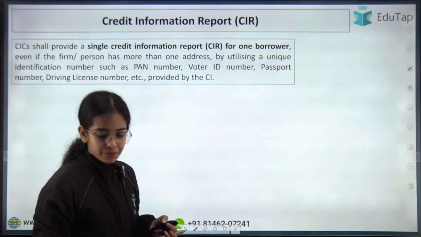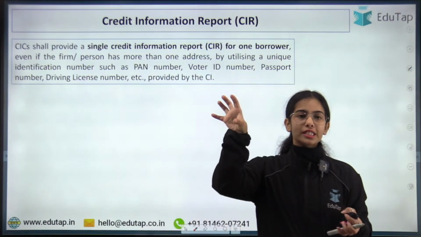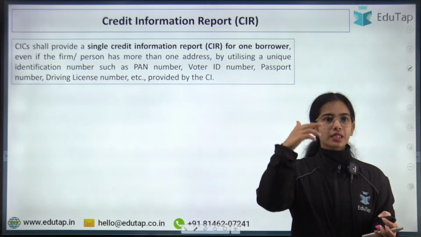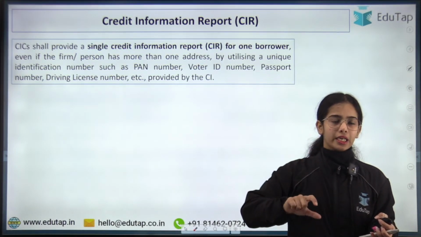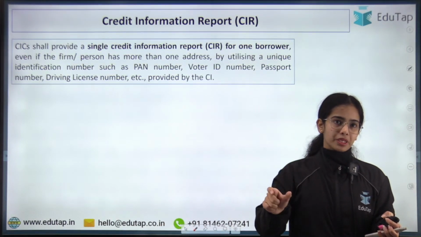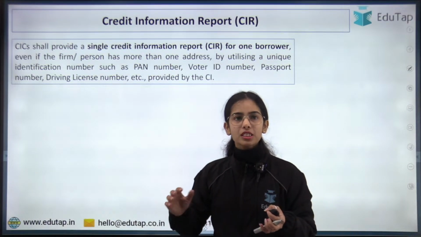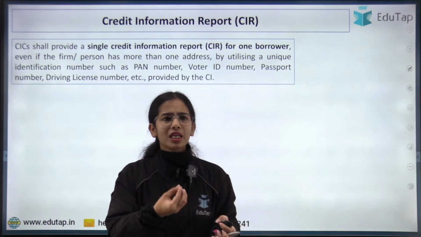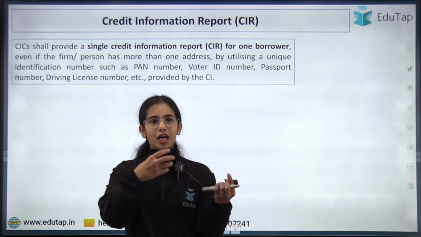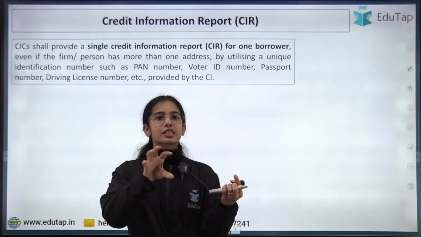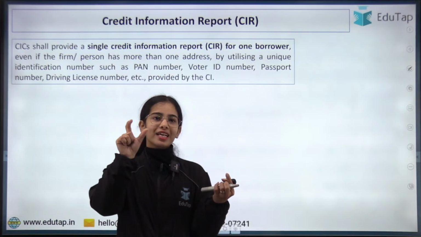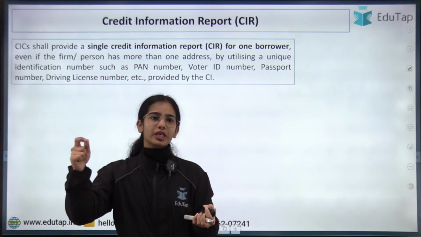No, see, Guru Raja, all the credit institutions are connected directly with the credit information companies. In between the credit information companies, there is no direct linkage, but all the credit institutions have to become members of the credit information companies. And the different credit information companies provide some specialized things also, like there are so many coaching institutions that are providing you the RBI Grade B courses, right? But there is some distinction between them. Similarly, there are different credit information companies, but they provide some distinct facilities also to the credit institutions.